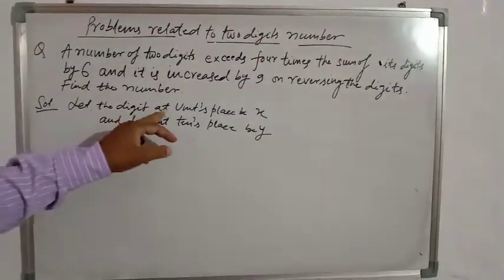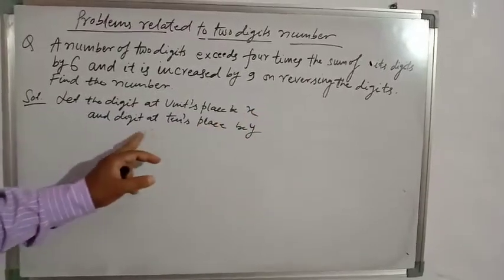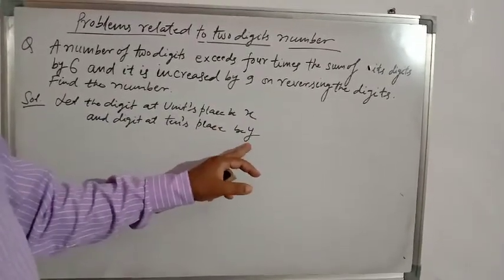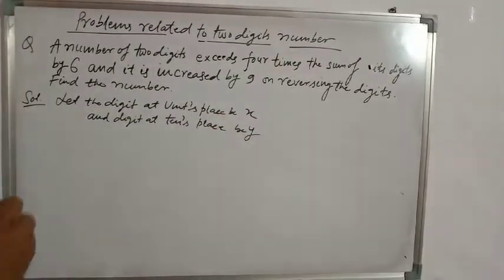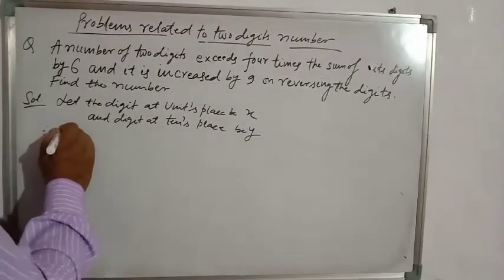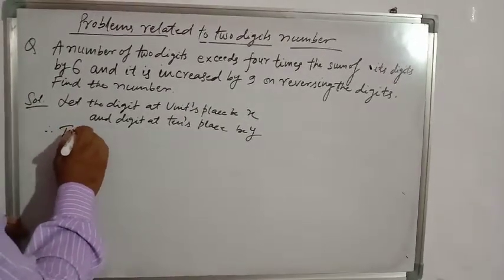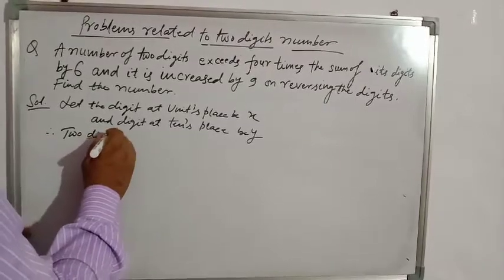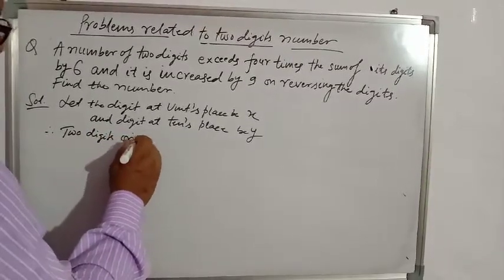Let the digit at unit place be x and the digit at tens place be y, means the tens digit is y, the unit digit is x. So therefore the two-digit original number